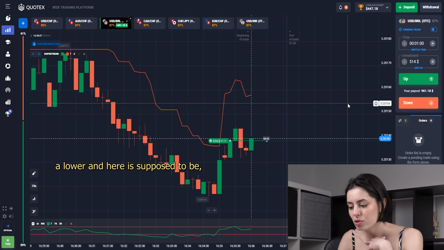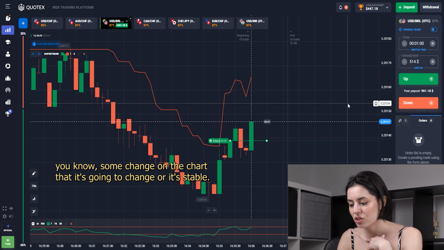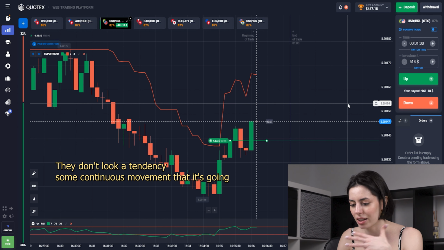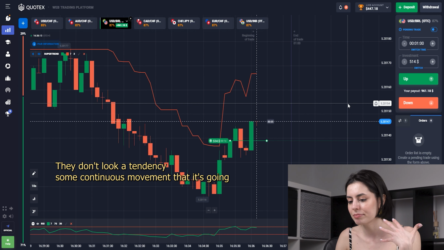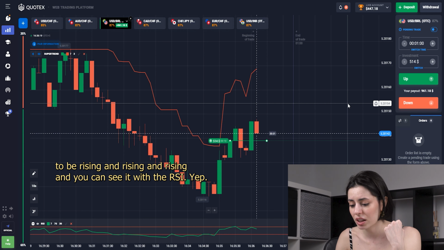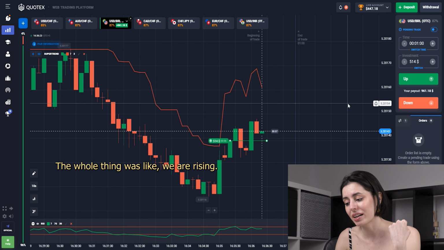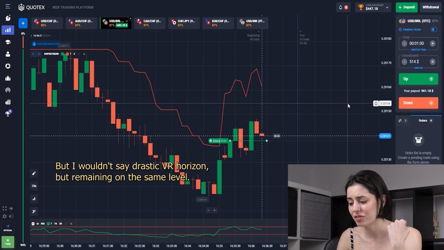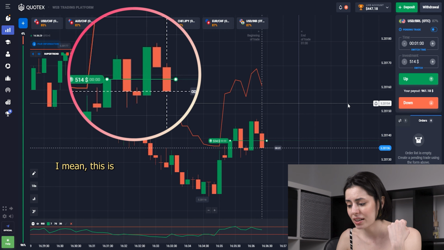And here there is supposed to be some change in the chart, or some stable movement, like a tendency, some continuous movement that is going to be rising and rising and rising, and you may see it with the RSI. Yep, the whole thing was like we are rising, but I wouldn't say drastically, we are rising but remaining on the same level. I mean,